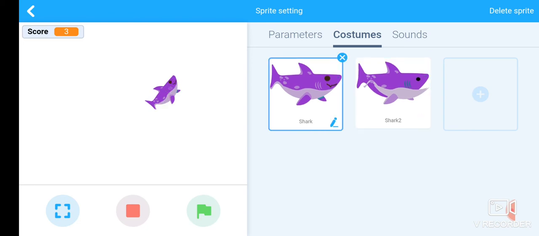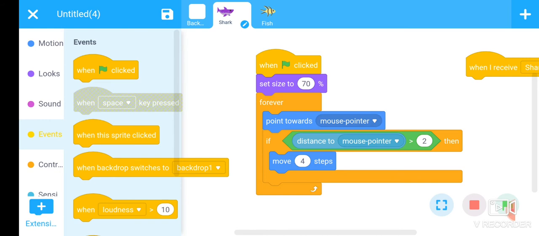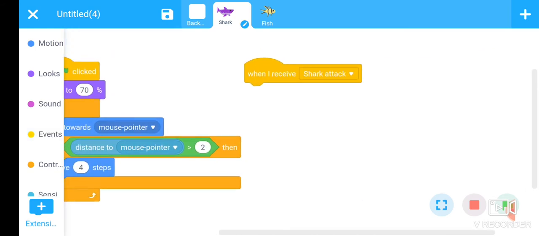Look at here. Whenever the costume of the shark is changed, it looks like its mouth is opening and closing, open and close. Okay. Whenever this message, shark attack, is broadcast, we want the mouth of the fish to open and close.